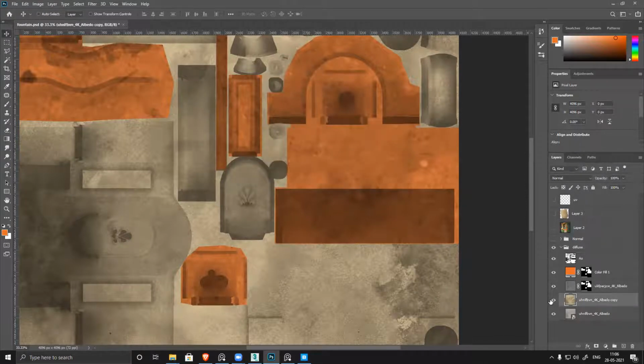But similarly, this background also I feel is a little too noisy, so I can apply the same filter here also. We can slightly blur it, it looks way too noisy and way too prominent.